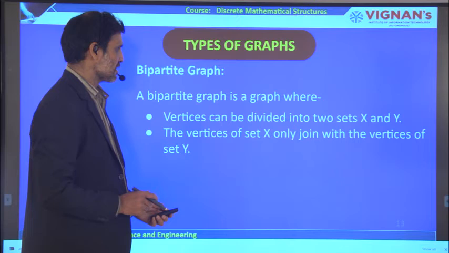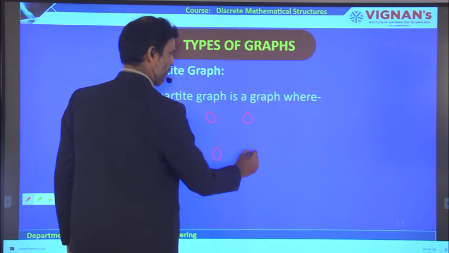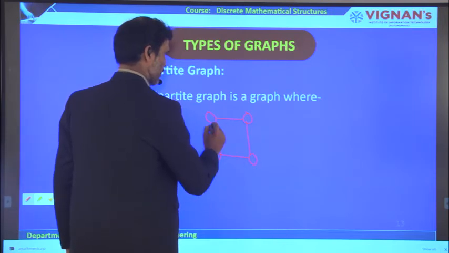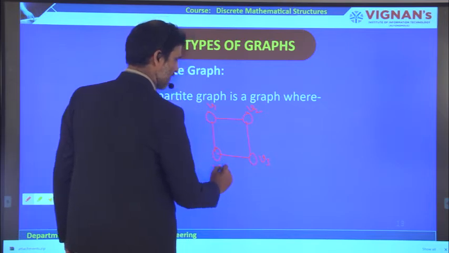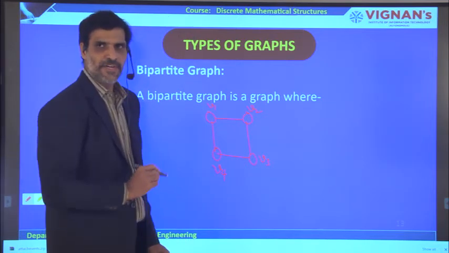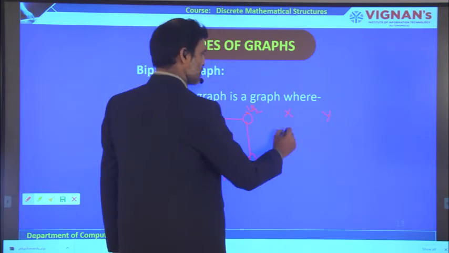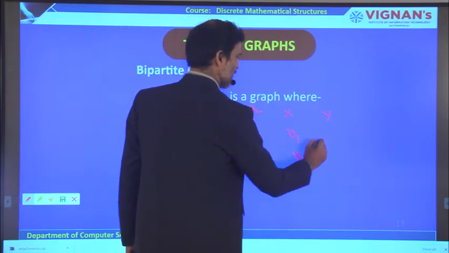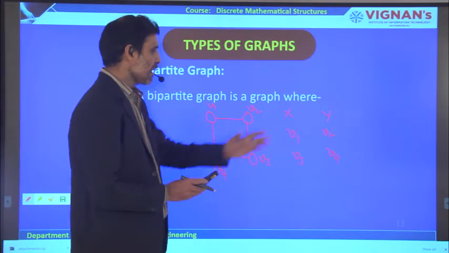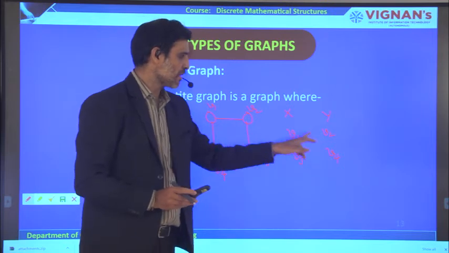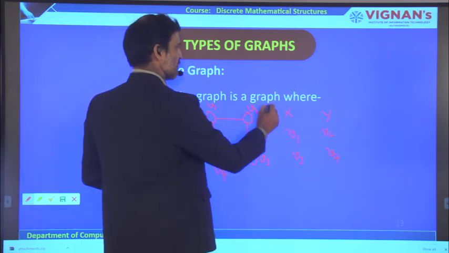Now let us discuss this with an example. So now let us take this graph, and this is vertex V1, this is vertex V2, vertex V3 and vertex V4. These are the 4 vertices we have. Now according to the first condition, I am going to divide these vertices like this, V1 and V3. Previously I have shown V2 and V4. Otherwise you can take any vertices, not only like this. You can take V1, V2 here, V3, V4 here, V1, V4 here, V2, V3 here, anyway you can take. This is the first point we have discussed.